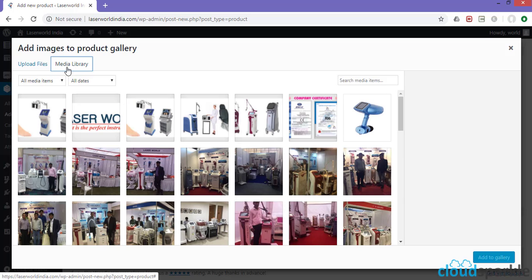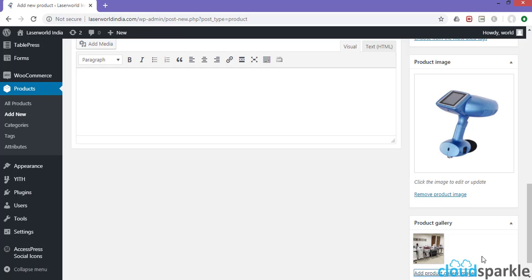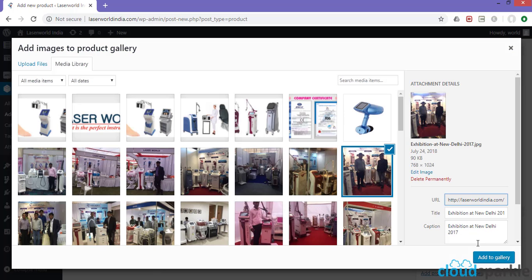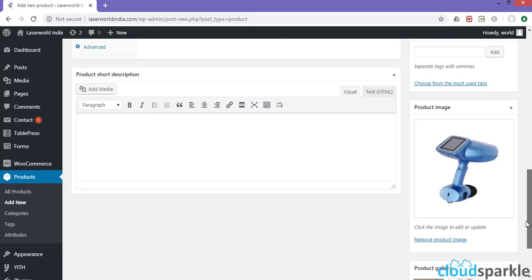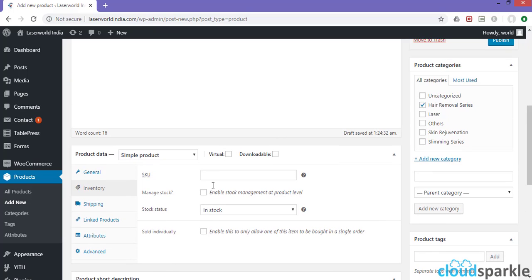We'll select files and upload it, but here we'll select from media library. So let's say I'll select this product image. I'll add one more image. So add image, I'll select this add. Right, so images are added, product information is added, categories chosen, and inventory of the product is also in stock.